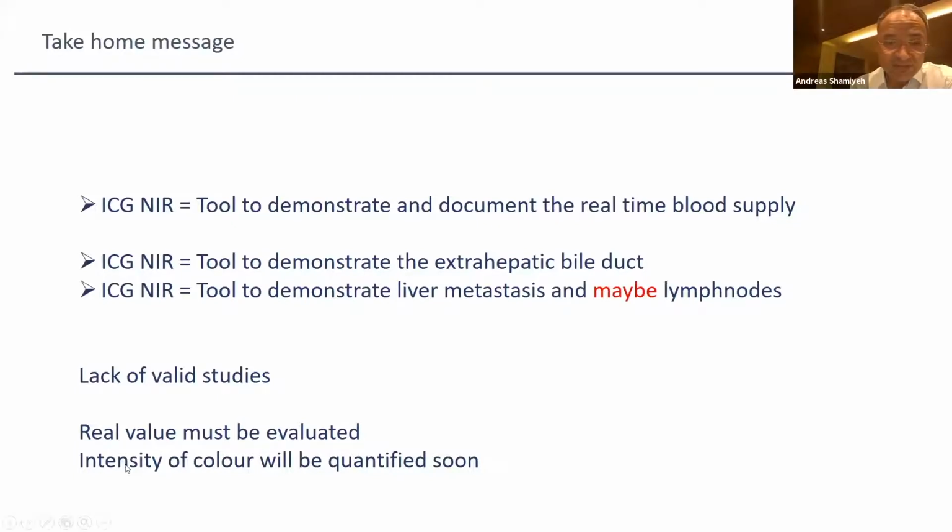One thing is left that companies are working on now, the intensity of the color to be quantified. So we can just say there is blue light, green light, or no, but in the very latest systems, they now also give you the real intensity of the blood supply. So they can give you per the computer if it is high, medium, or low blood supply, and this is now difficult, to give the color and the brightness of the light, some count 100%, 80, 70% blood supply. But this is the next generation, which will appear for routine use soon,